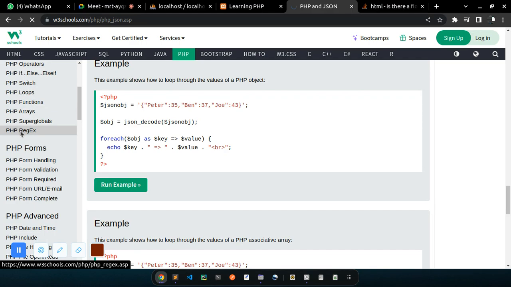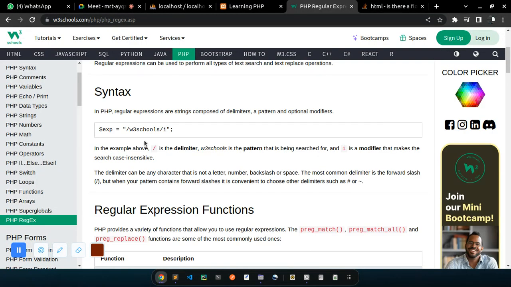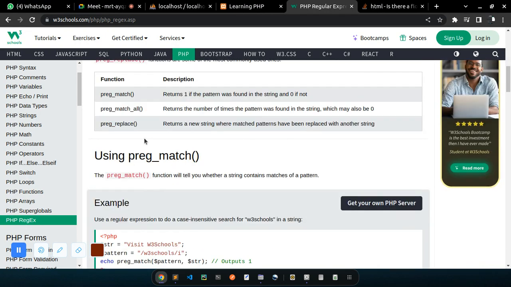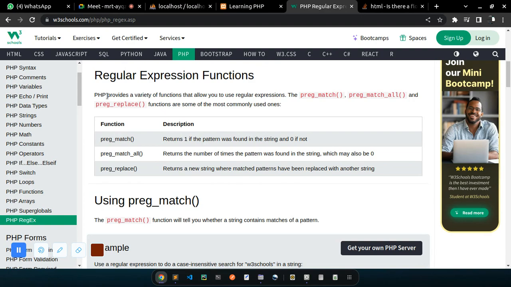I didn't cover regex in JavaScript. So the regex is the same all through. There's nothing different, though for PHP it comes with a few functions for regex that can help you quickly work with it. And for your information, regex, or regular expressions, are the ones used to make sure